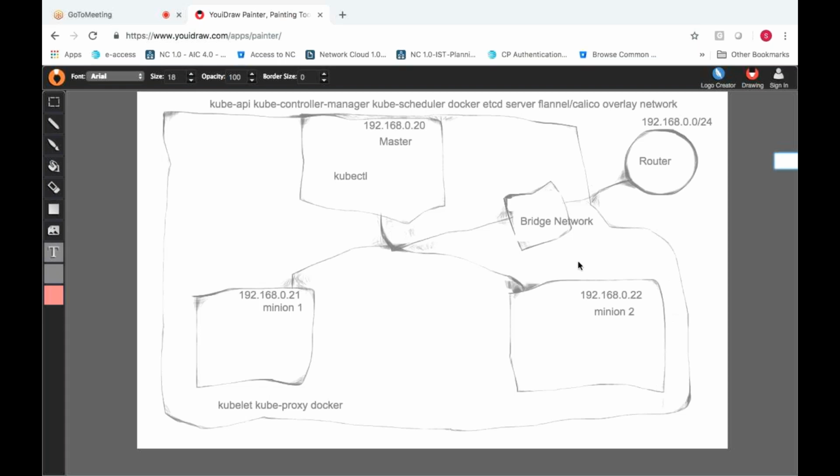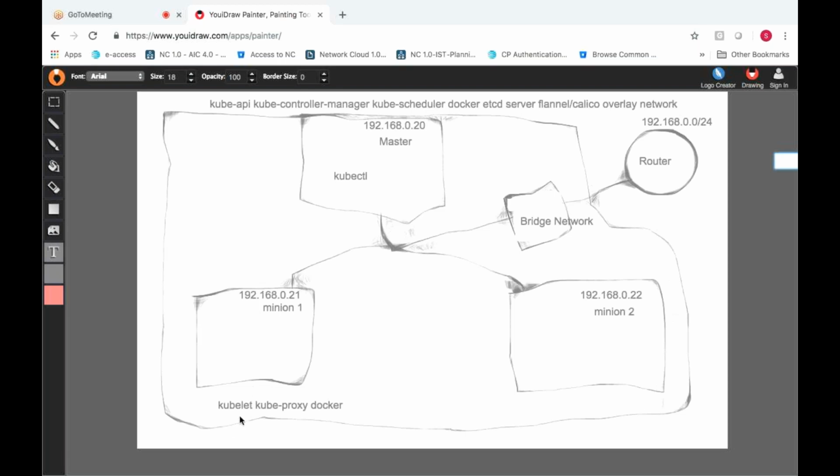And what about Kubelet, kubeproxy and Docker components which are installed on the minion node? Kubelet is nothing but whenever you pass information to this node, once the kube scheduler has decided on which node it will launch the container, that information will be passed to this particular node. Let's say kube scheduler has decided that on minion 1 it should launch the container, so the inputs will be given to the minion node. So who will take the inputs? The first component which will take the inputs from the kube scheduler is kubelet.